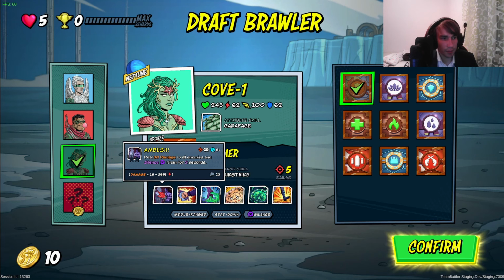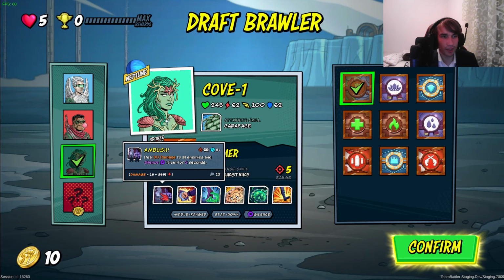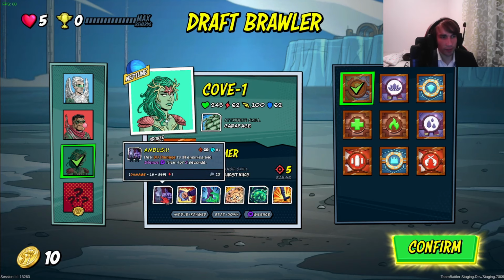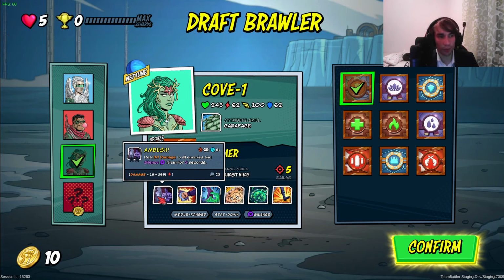As we can see, the damage is determined down here, in the little text: 15 plus 25%, and then it's a lightning symbol. And this lightning symbol corresponds to the power that our brawler has. So this means that the damage is 15 plus 25% of our power. Currently our power is 62, so that would mean about 15 more power, which adds up to 30 damage,